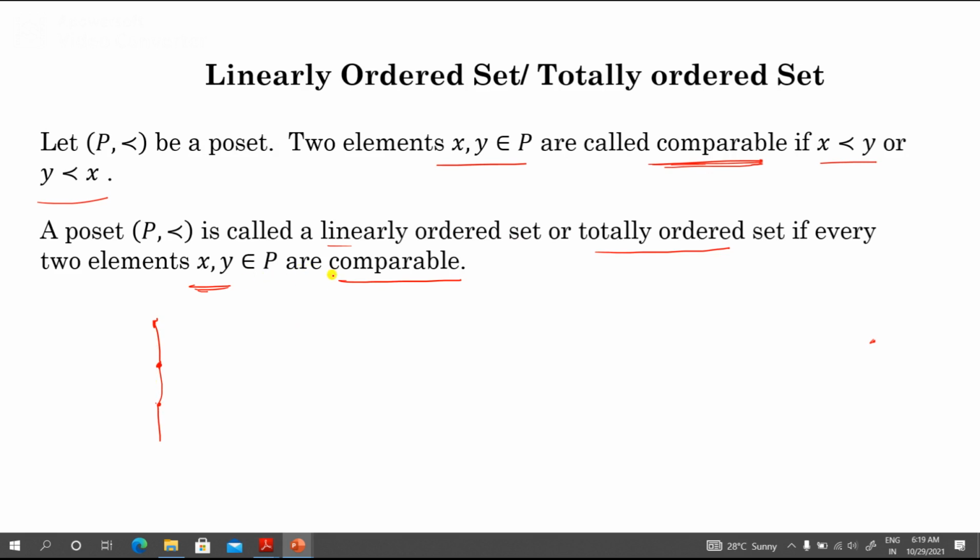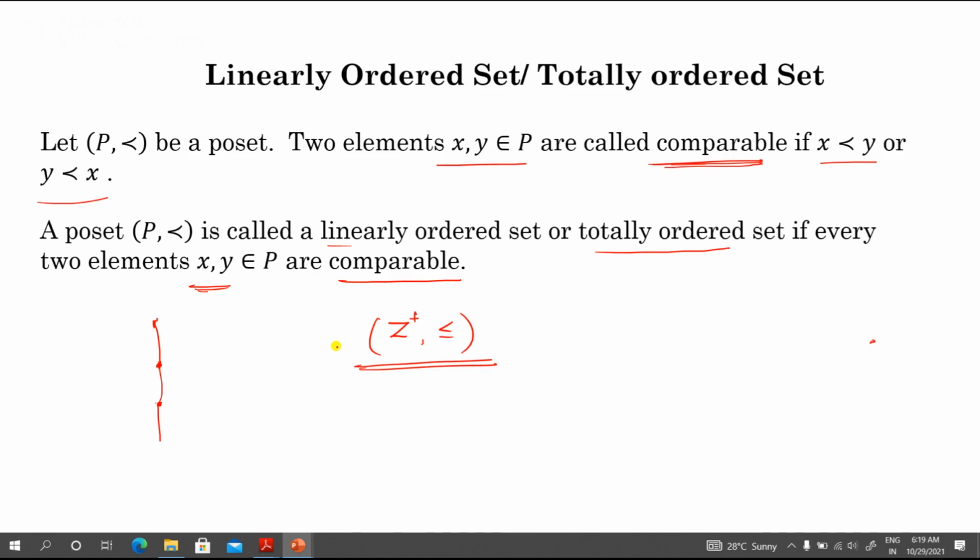Now look at this. The set of integers with less than or equal to. This is a poset, and here if you choose any two elements, you will find this type of linear relation. So in this poset Z plus, with the partial order relation less than or equal to, if you choose any two elements x, y, you can write either x precedes y or y precedes x.